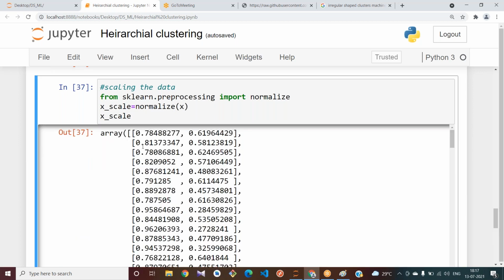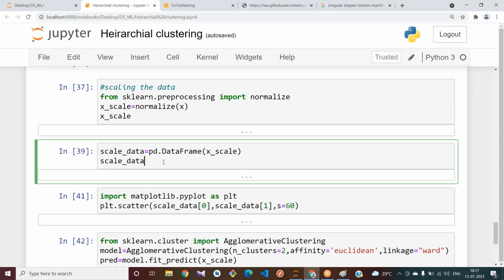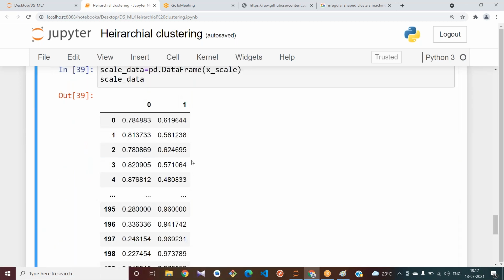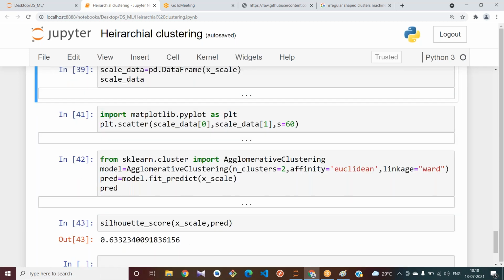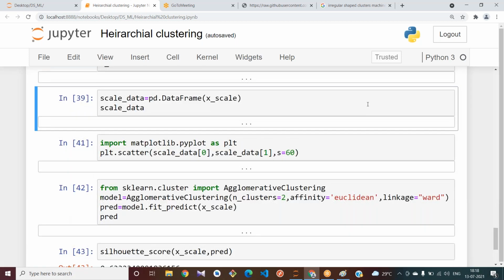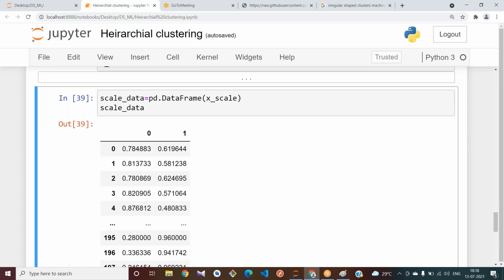This is an array; I have converted this array to a data frame to show you. Have you understood, Samir? Scale underscore data is how to convert it into a data frame.